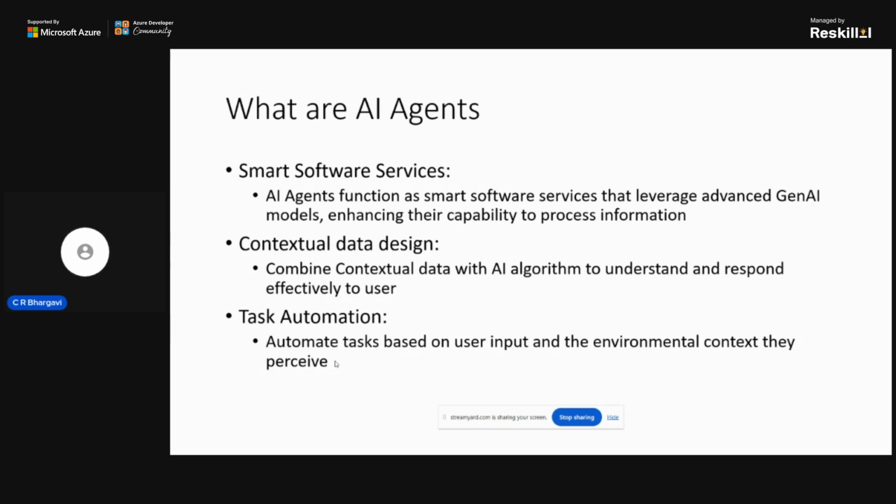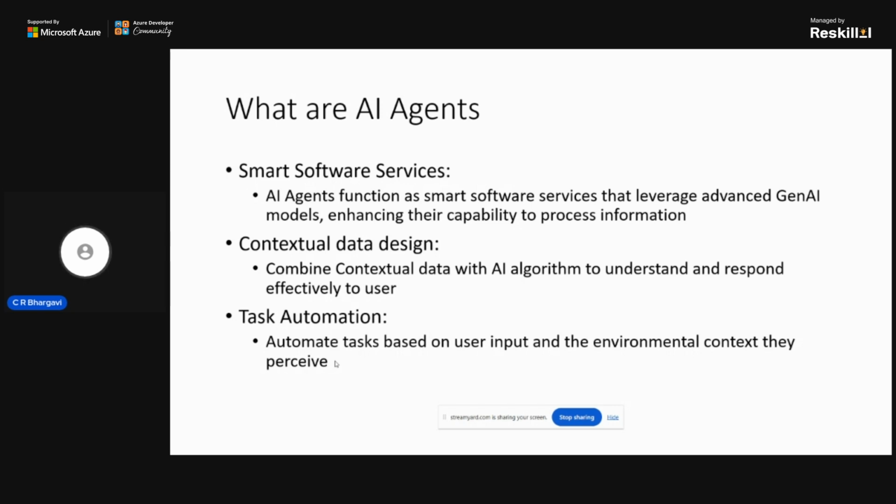It's a very basic way that I can define the AI agent. One such AI agent is the conversational agent, and you can have voice agents, chat agents, and n number of other agents.